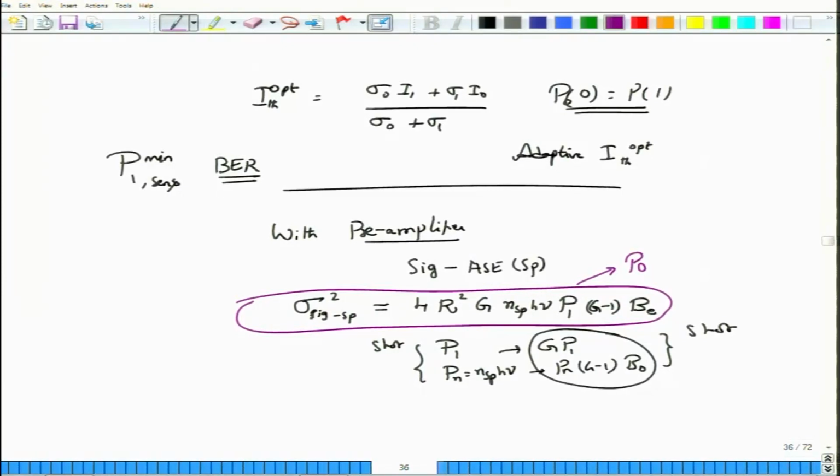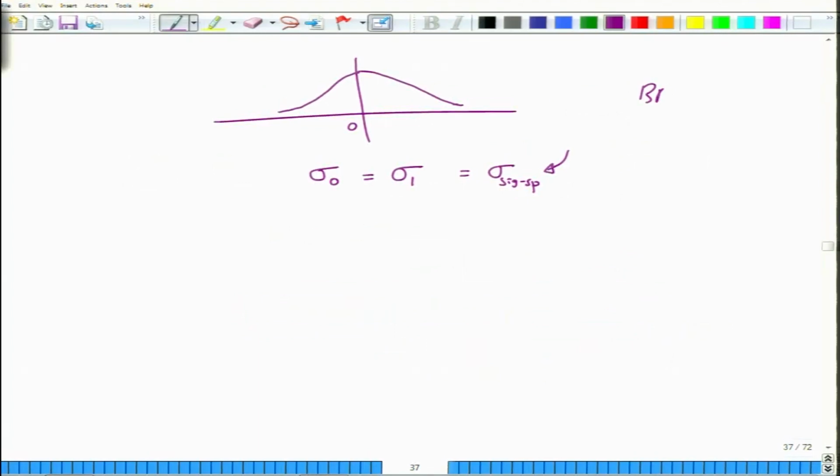But you will see that when you go to advanced modulation systems such as BPSK or QPSK and so on, the received optical power will usually be constant, and the signal spontaneous noise will not change for the particular bit that you transmit. For on off keying it will still be different, but for the higher order modulation formats this will usually not be signal dependent. So, you can actually change from being signal dependent to signal independent when you have the signal spontaneous noise beating.